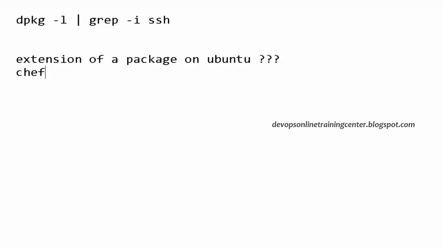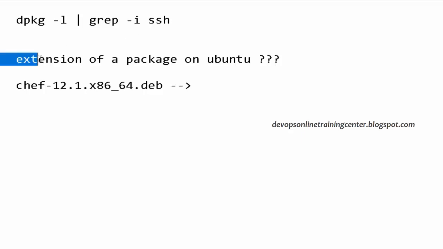What is the extension of a package on Ubuntu? How does it look? Chef, version, .x86 hardware architecture, .deb. This is the extension of a package in the case of Ubuntu. .rpm is for Linux, RHEL, right?